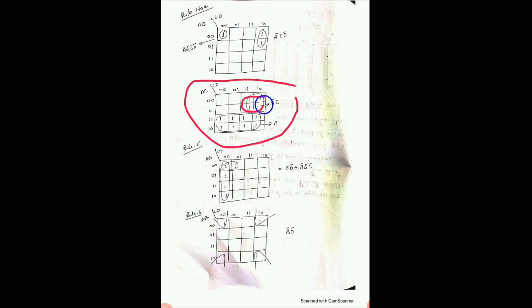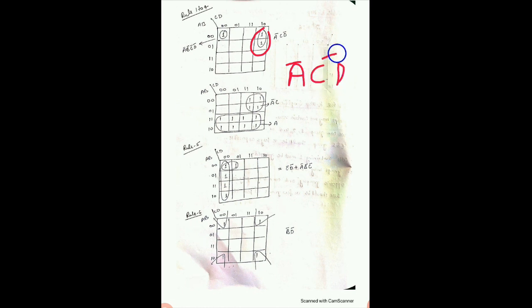Now suppose we have 1 here and here. Now we will have to do a doublet grouping. So how can you make a doublet? Now you have to write this. Corresponding to the 1 1, you have to see on the left which is common. In 0 0 and 0 1, what is common? 0 is common, representing A complement, so you have to write A complement. Then you can see on the top which is common, 1 0 is common, so 1 is C and 0 is D complement. Then we can write the grouping of this.